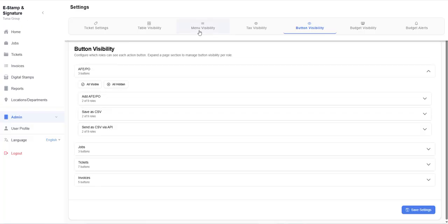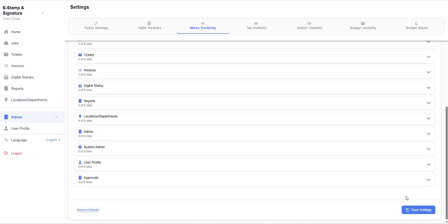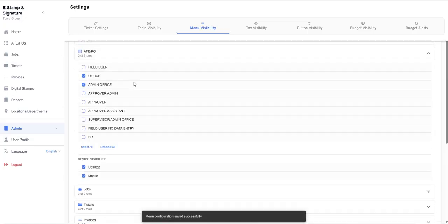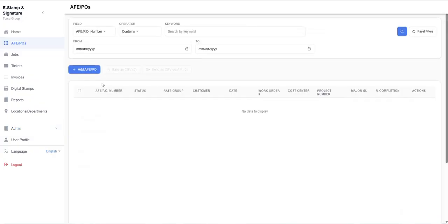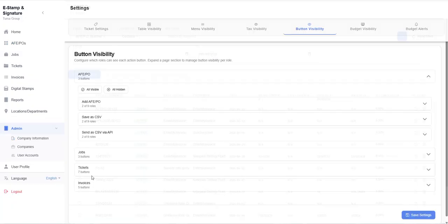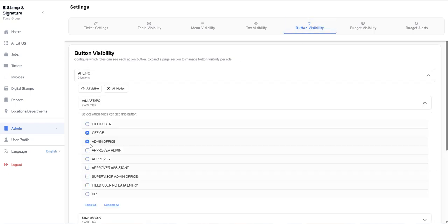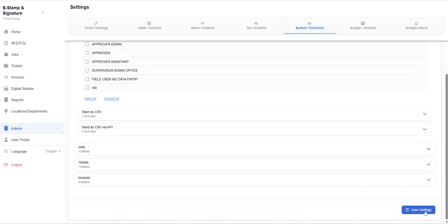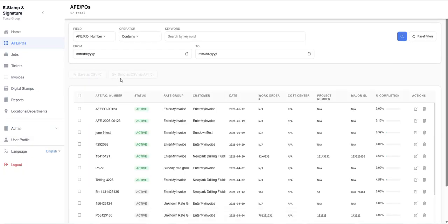And I can quickly show you here how it looks. Let me just put my add AFEPOs menu here. And now see, if I go to AFEPO, I can see the button right here. Now if we go back to settings, button visibility, and I'm going to hide that from me, save settings. Now if you go back to this page, the add button disappears, so they no longer have permission